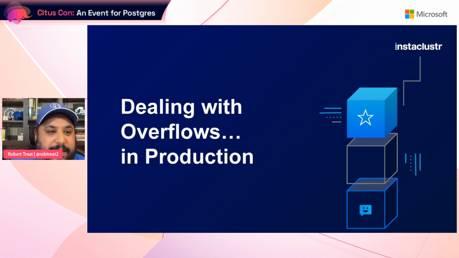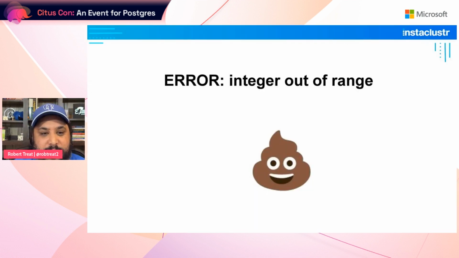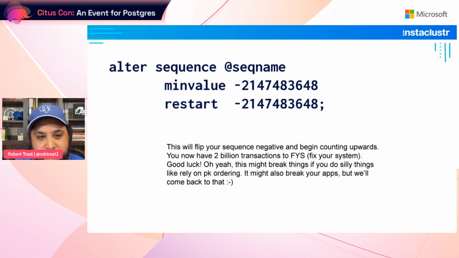So if we can get the heads up, or maybe we can't get the heads up, right? The real question is, what do we do if we see this error message in production? That's our production emoji, of course. So let's say you see it and somebody calls you and says, hey, we've got to do something about this. All right. Well, what is the fastest, cheapest, quickest thing that might get you out of trouble? That is actually this piece of SQL.